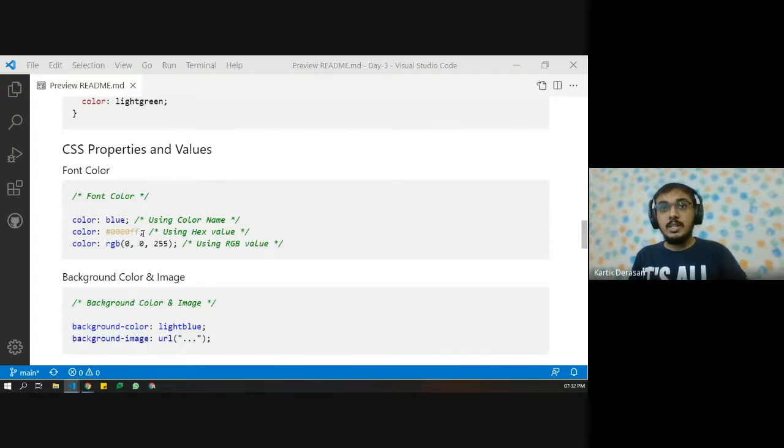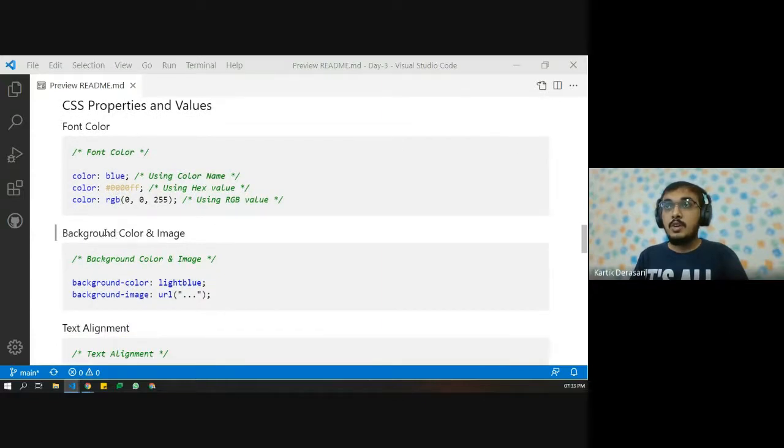So colors are defined in different ways. Colors can be defined using color name. They can also be defined using hex value. They can also be defined using RGB. So these are all the different formats of defining colors. So yesterday, if you saw during the input type equals to color, we had an option to switch the different formats of input color. I hope you remember that. And this is how you can change all the colors.